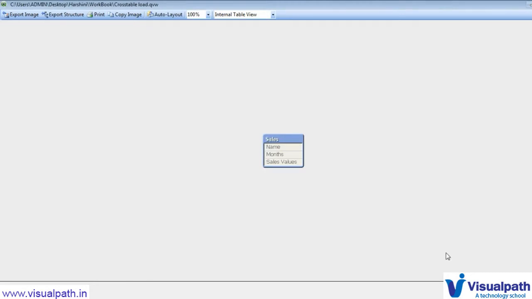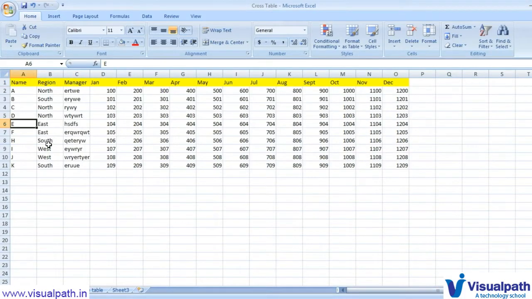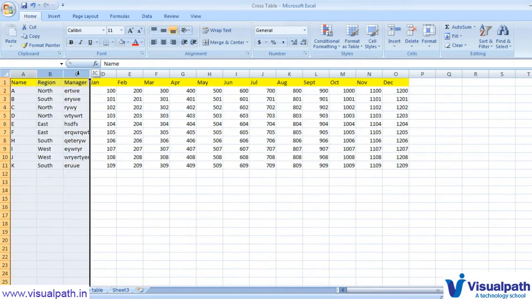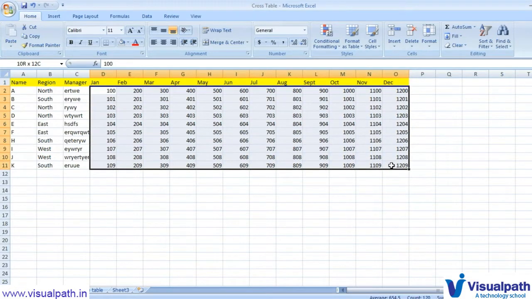So now again we will see what if there are multiple fields which should be fixed. For example, if I go to another cross table, here I have name, region, manager. These three columns should be fixed, that should not be changed, or it should not be transposed. But these fields, January, February, March, should transpose to one column, and these values of sales should